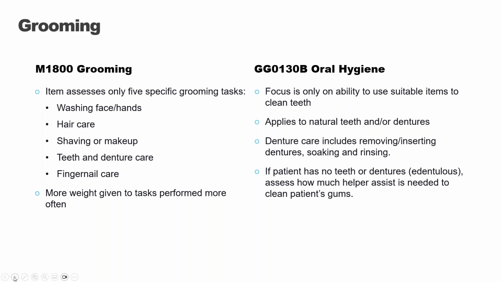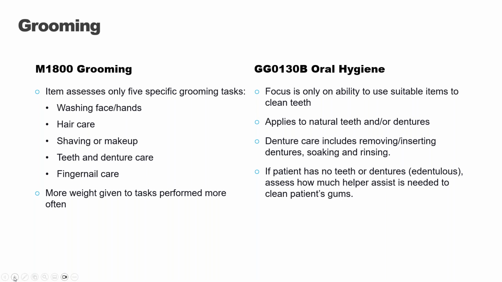So for grooming itself, when you're looking at the M1800, this item is really only looking at those 5 specific grooming tasks: washing face and hands, hair care, shaving or makeup, teeth and denture care, fingernail care. And for the M1800s, more weight is going to be given to the tasks performed more often. Now, when you get over to the GG items,